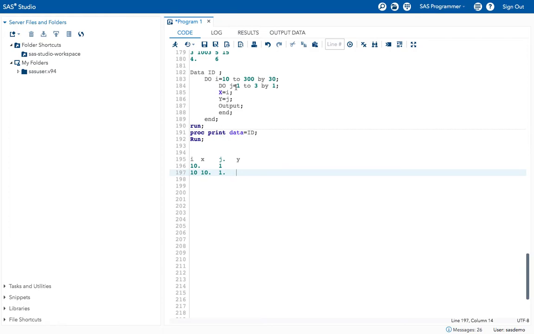What is the j value? 1. So take 1 here. Okay, and now what is the I value again? I value remains the same until 3 iterations, until this j value finishes the 3 iterations. Okay, so what is the x value?